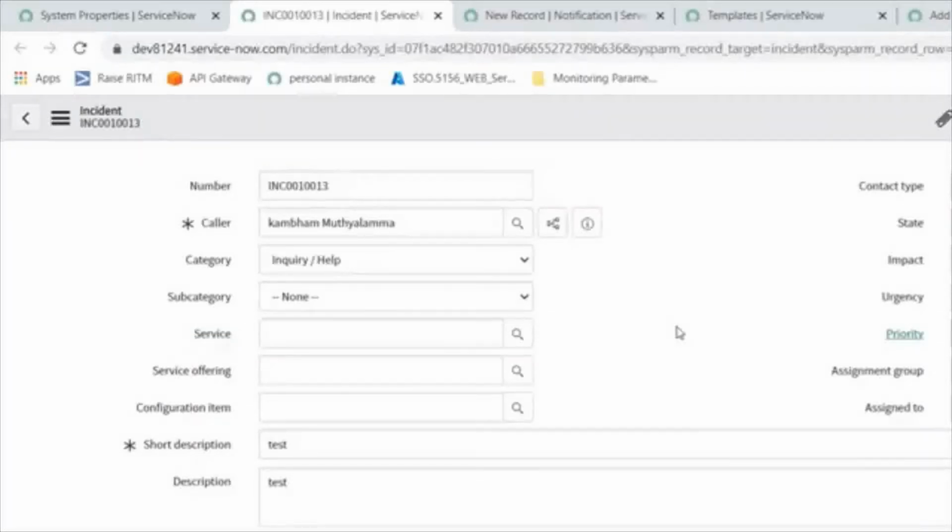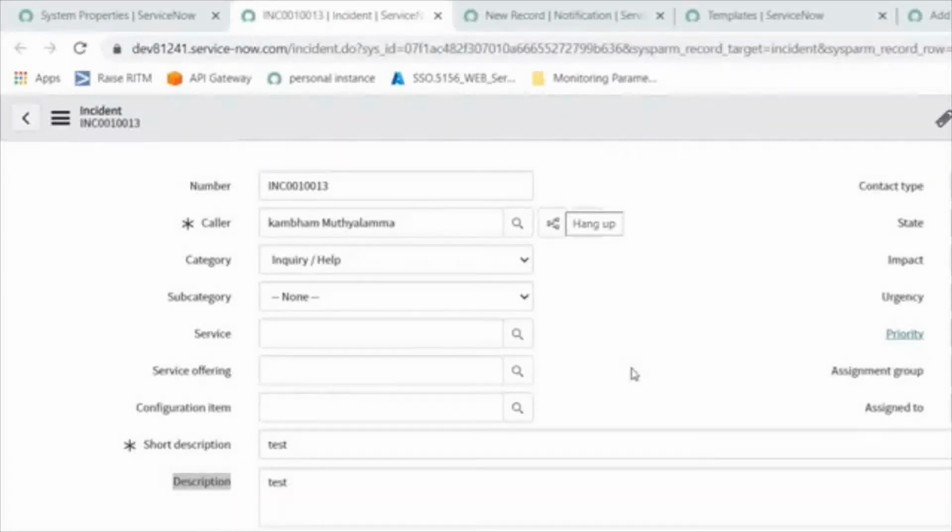What is the purpose of outbound? These fields are there: number, color field, category and subcategory, services and service offerings, configuration items, description, and many more fields. We have already built custom outbound functionality on incident form, change form, RTM form, task form, and other custom forms, right?